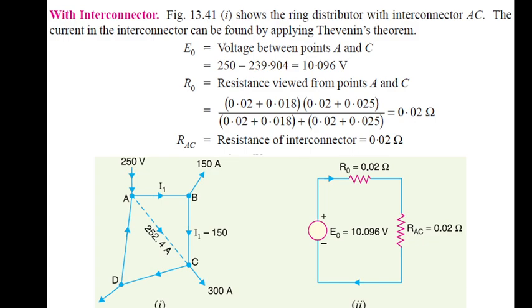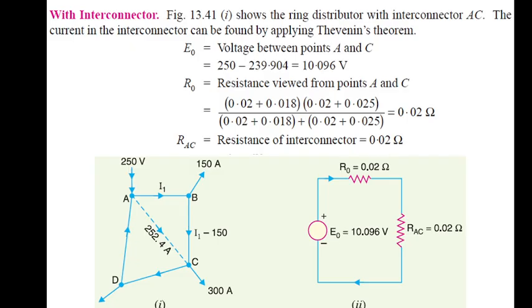So this slide introduces the analysis of a ring distributor with an interconnector and demonstrates how Thevenin's theorem can be used to determine the current flowing through the interconnector. This system is modified by adding a direct connection between points A and C, which changes the current distribution in the network. So first,